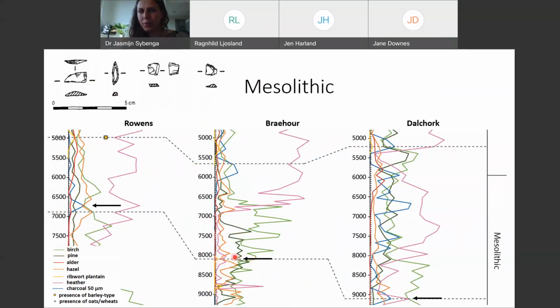This pollen grain of Plantago lanceolata, so that's ribwort plantain, is an indicator of people being present in the landscape as well. So if you find that one, you can definitely say, okay, people were in the landscape with their livestock being around. And then here again, from 9,000 years ago in Dalchalk, a big peak in charcoal. And that's then linked again in Rowans, for example, to those Mesolithic flints that were found below the Great Cairns